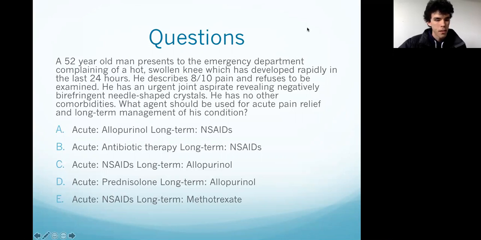Yeah, okay, very good. So it is, oops, I didn't pronounce the slide in here. I'll chuck that in on the post slides, but yeah, it is C, like everyone said. So going through this, no one needs antibiotics here. This is gout, as you've all figured out. So they're not going to need pred. And acutely, we should be giving NSAIDs for pain relief, and long-term allopurinol, 100% your first-line agent for urate lowering